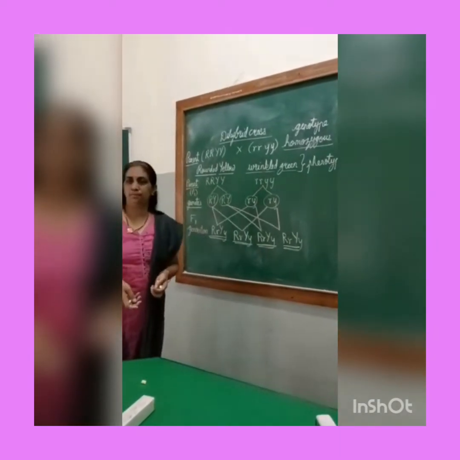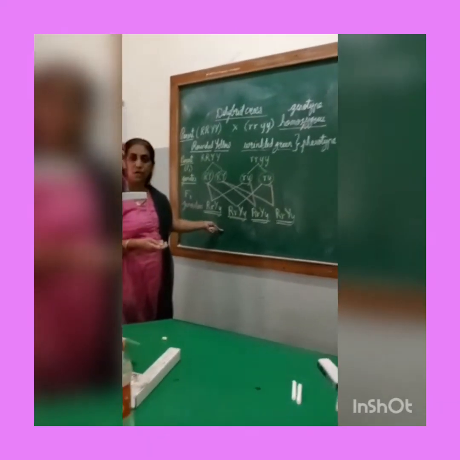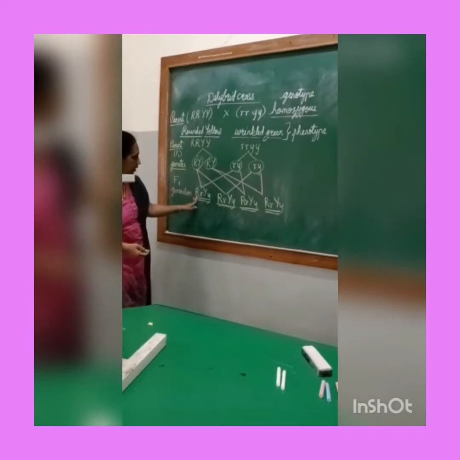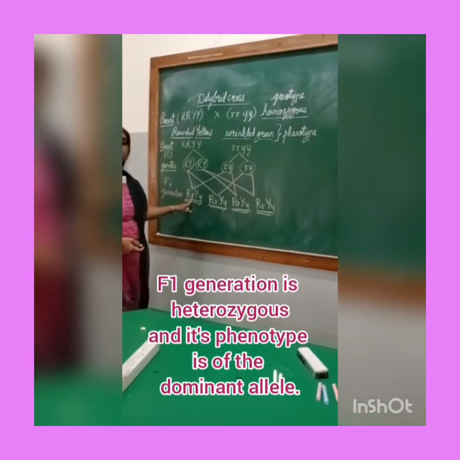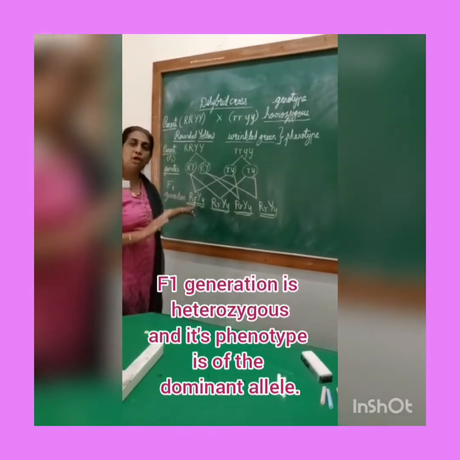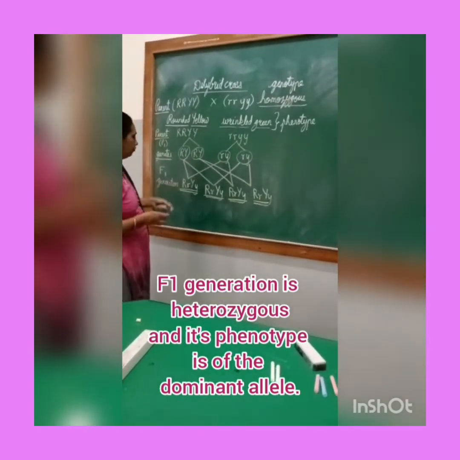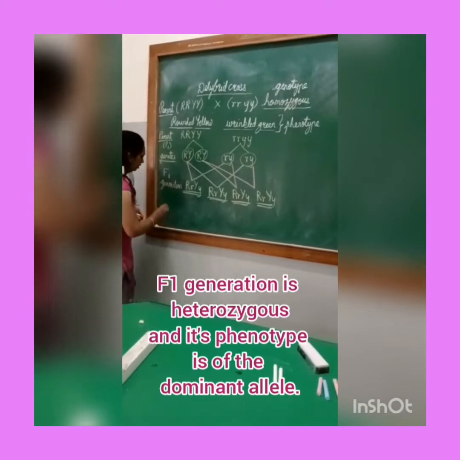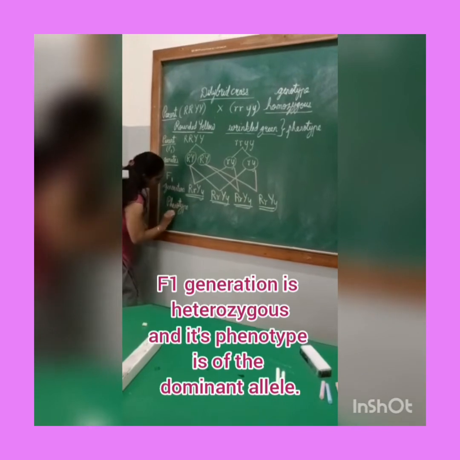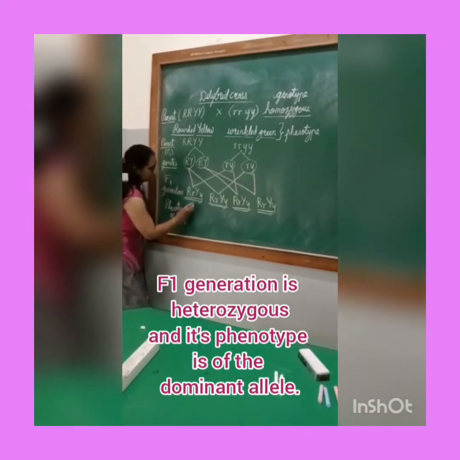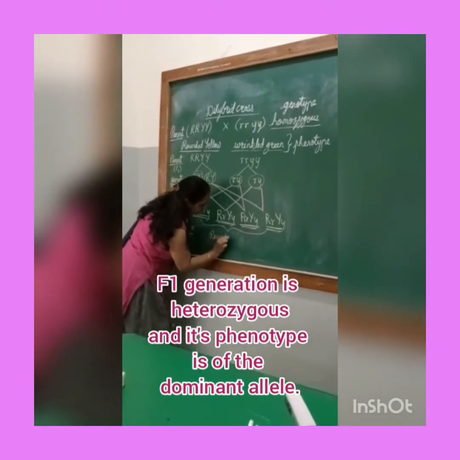What will be the phenotype? How will they appear? Okay, phenotype means their appearance. What we can see. Now you can see that here the dominant gene is present. Okay, so naturally the recessive gene will be suppressed. It will not be seen. It will be present, but it will not be expressed. So the phenotype of the first filial generation, okay, phenotype of F1 will be that all of them will be rounded and yellow.